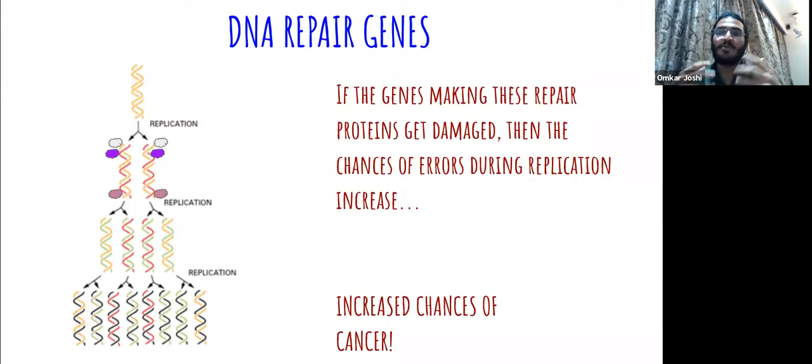You can just keep mutating your DNA to new and new properties. You can develop resistance to all kinds of drugs and they won't be fixed because there is no protein that will come and fix this. So a cancer usually progresses in the clinician's definition to other parts of the body when a lot of these defects or hits happen simultaneously. So you have a hit here, you have a hit there, and you have a hit in the third place. All of this cumulates into a cell which does not care about whether there is signal or not, which does not care whether it's in the vicinity of other cells or not. It just keeps dividing, right?